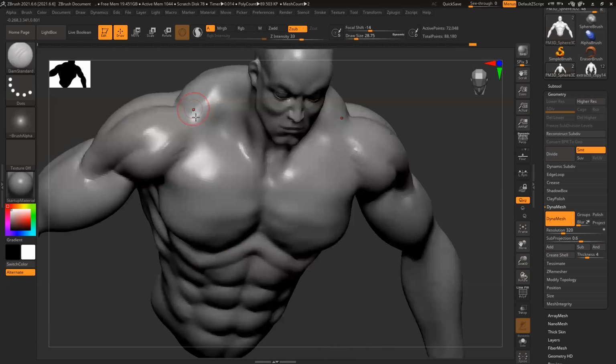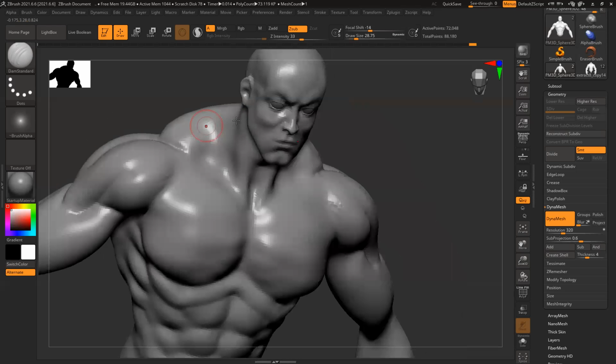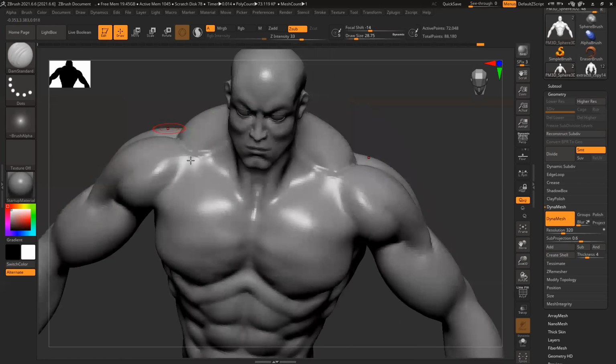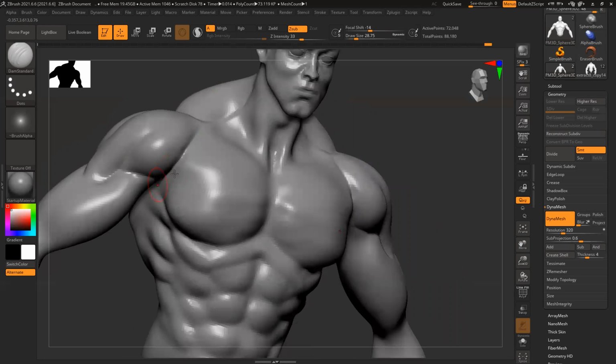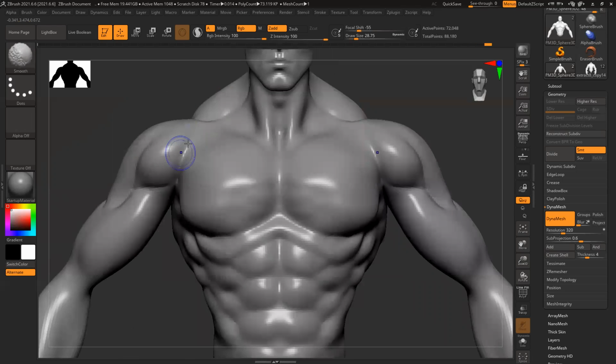It's your shoulder muscle, your deltoid. Let's separate them. And this muscle goes like this. You have a very prominent separation. All the ends are usually blurred, a smooth transition.